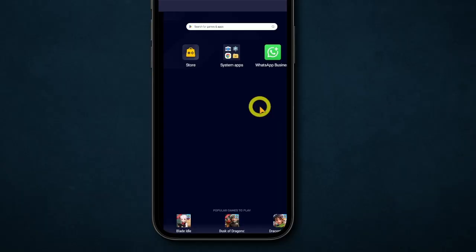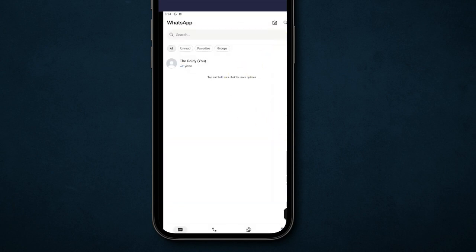First of all, open WhatsApp business application on your mobile device. Once you open the app, log in into your account with your registered email and password. As soon as you get logged in, now just head over to the contact that you want to send messages